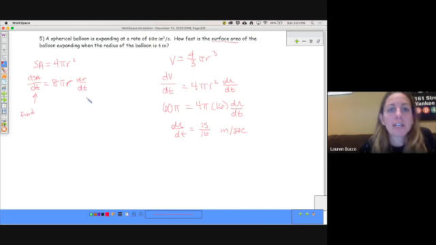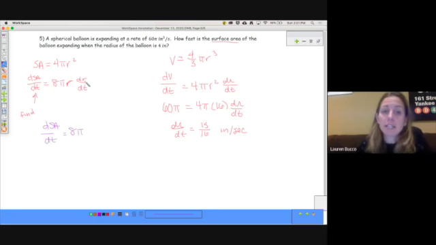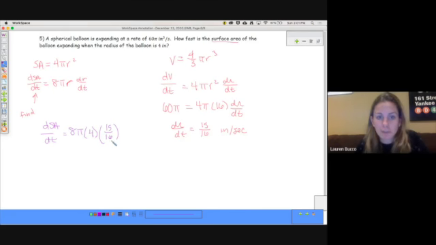I know the radius and I know the rate at which the radius is changing at that given moment in time. So I'm going to be able to solve for the rate at which the surface area is changing with respect to time. So I had to use this other formula to find a piece that I needed over here, but it really wasn't that bad. So the radius is 4, and this is times 15/16, because we just found dr/dt. So I plug it all in,